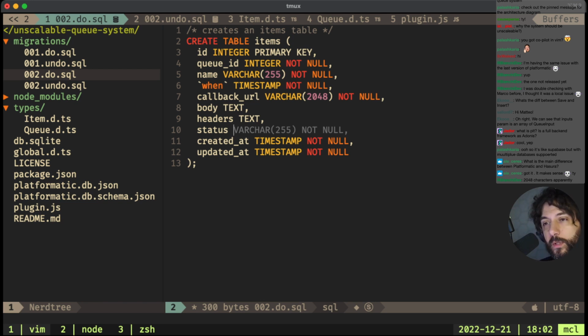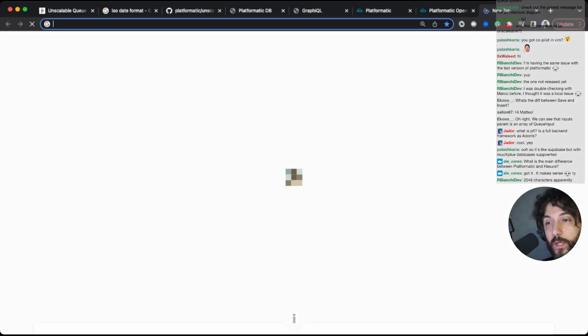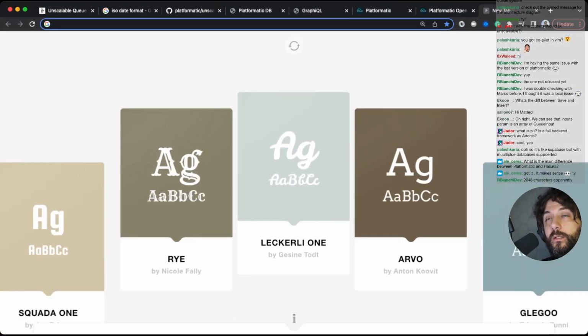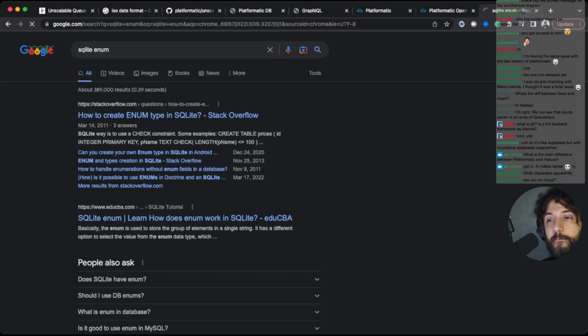I have no clue. I know, Rob, you know enums in SQL very well. I discovered that SQL had enums when I started working on it for you, essentially. So, SQLite enum. No, I'm not on MySQL.